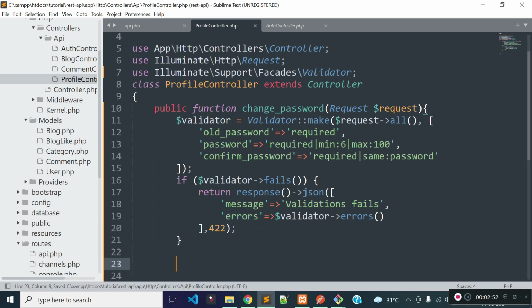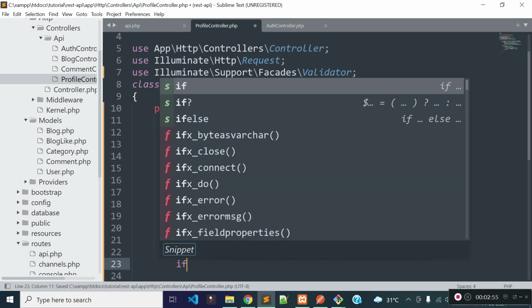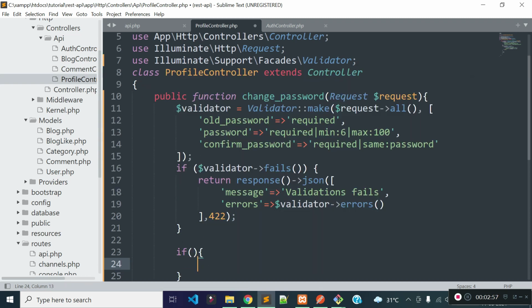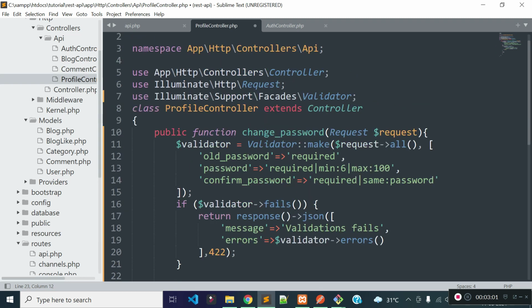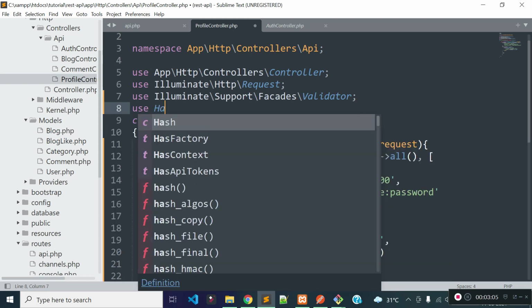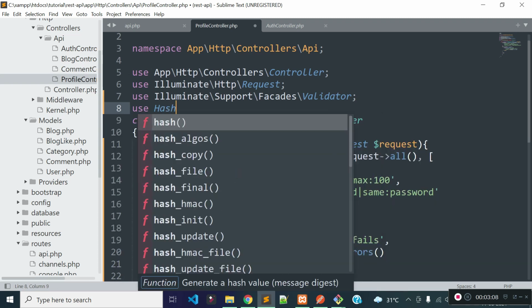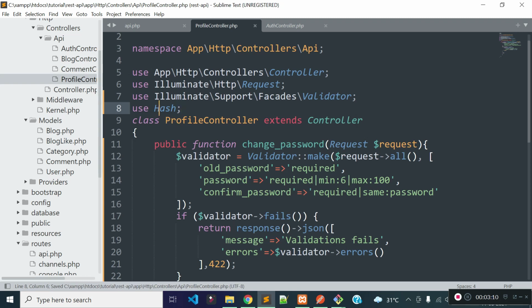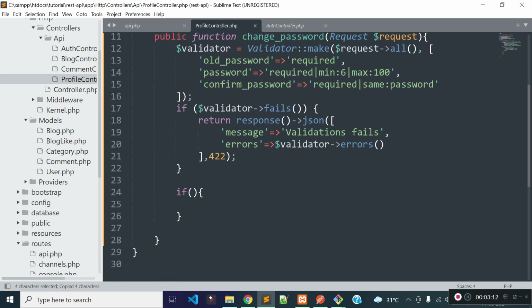And if validation passes, then I'll check if old password matched or not. So with the help of Hash facade, we can check old password matched or not. So I'll use Hash facade here because we are going to use Hash facade inside our change password method.